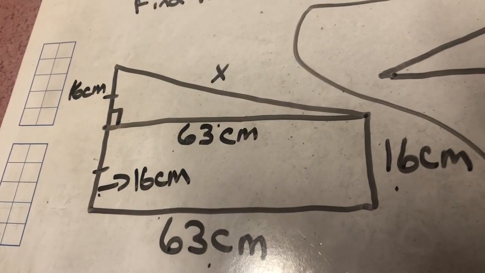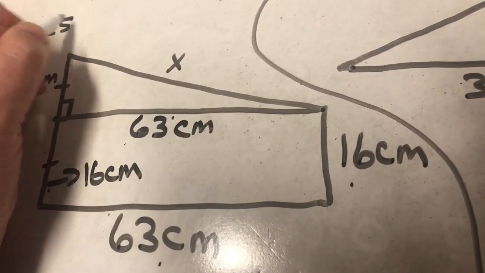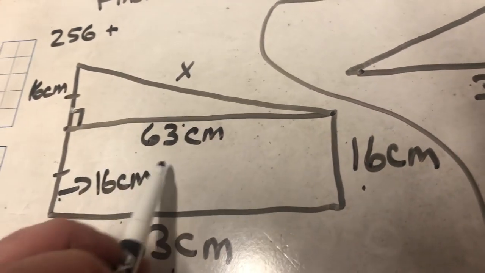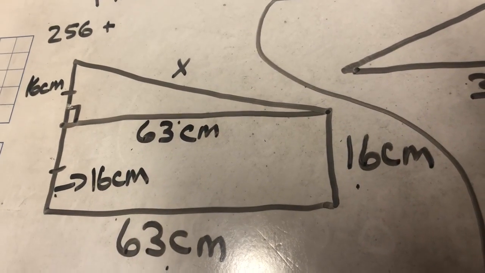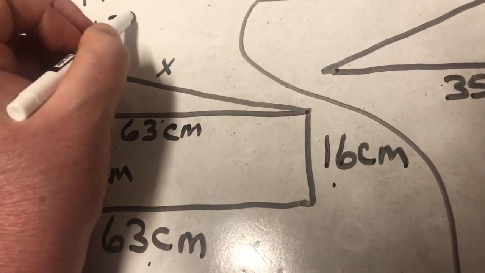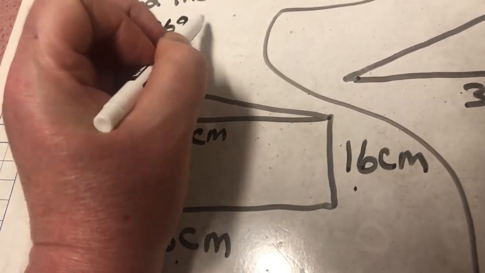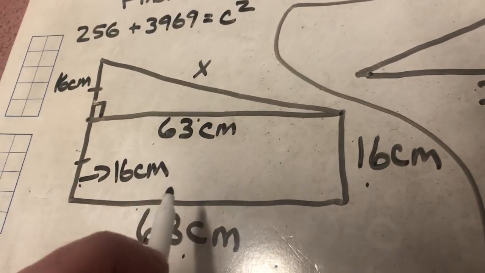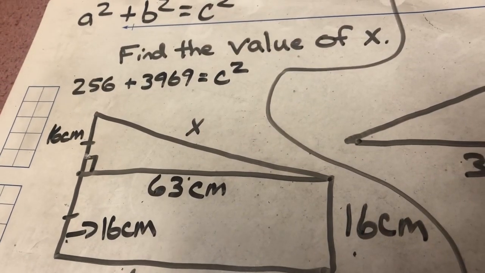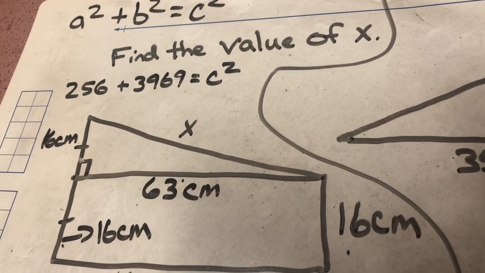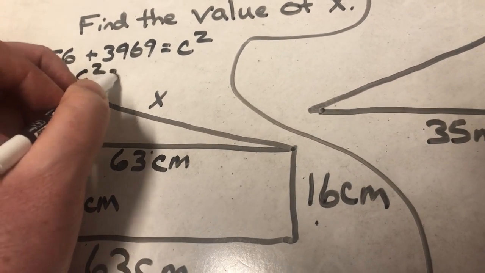I'm going to go to my calculator, punch in 16, square that. I get 256. I'm going to go into my calculator. I'm going to punch in 63. I'm going to square that. I'm going to get 3,969. And that all equals c squared. Now if I actually add those together, 3,969 plus 256, I get 4,225. So c squared equals